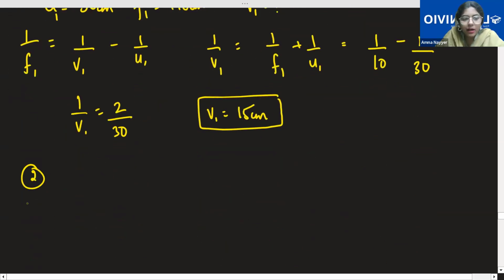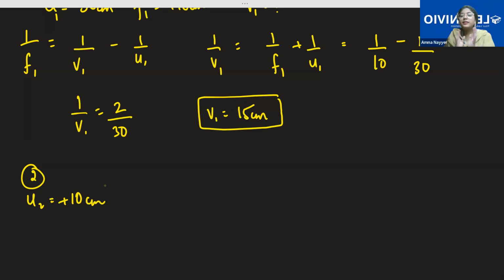Say 10 centimeter. Plus or minus. Minus. Why minus? Oh, sorry, behind, plus 10 centimeter. Because see, this is formed on the right side of the lens. So plus 10 centimeters. Now, is that clear to all of you? That was just the main part of this question, that your U2 will be plus 10 centimeter. Object distance is always measured from your principal axis. You don't see where the light rays are going. Just check the light ray which is incident is coming from where.